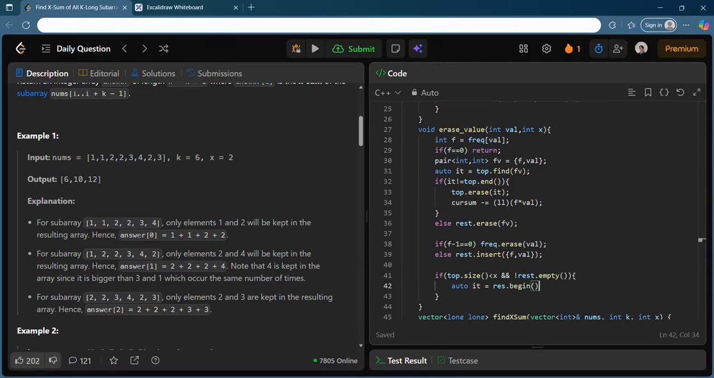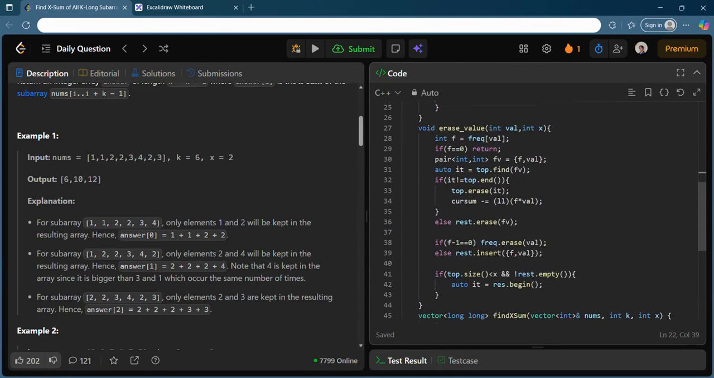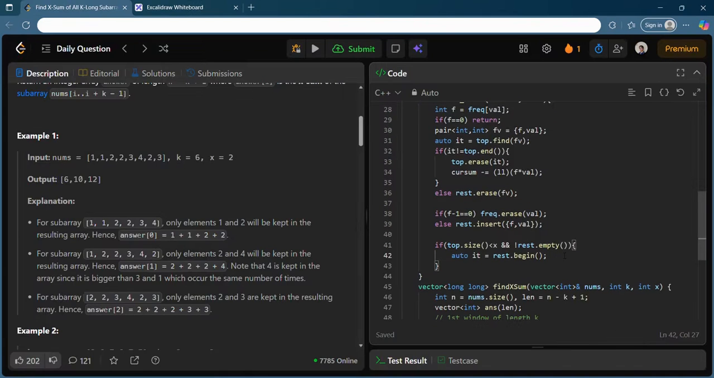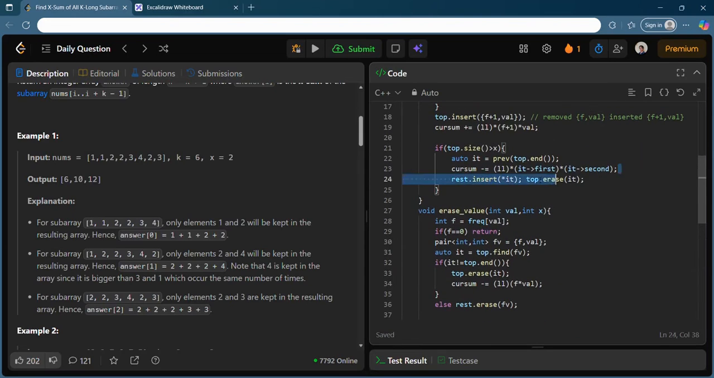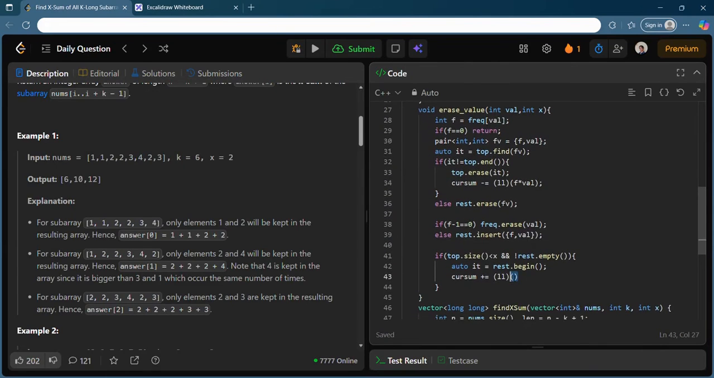So auto it is rest.begin. Okay, see, last time what I had done was end, but now I am choosing it to be beginning. Why? Because the most frequently occurring element of the rest I need to change, right? And since I am adding the element into my current sum right now, I will definitely do a plus equals to, with a long. So yeah, let me just copy it. Yeah, so we have it, and once we have our current sum,